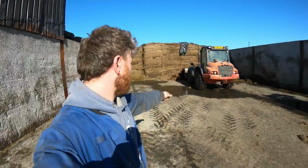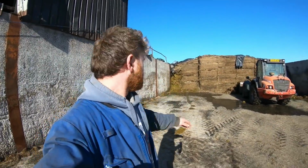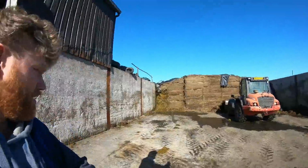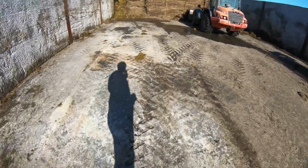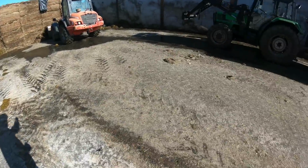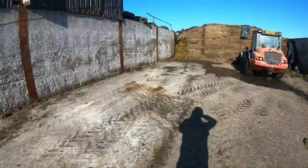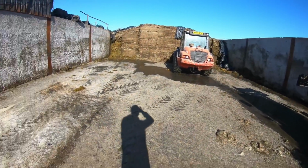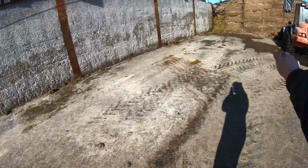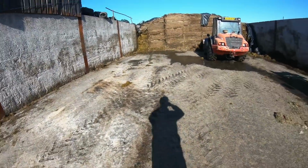Right, just brought the Manitou down to the pit, so I'm just going to go up and get the 135 to fill up and then feed. So this is what I meant earlier by this pit being tarmacked and the other one not. It's very easy scraped up. It's a wee bit dirty at the moment with just scraps falling off the wagon, but in general, as soon as you're out of the area, you just scrape it back to the pit and then, you know,